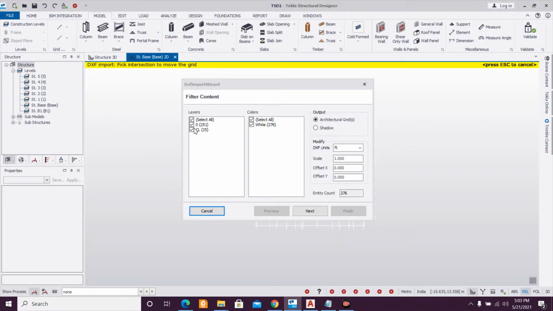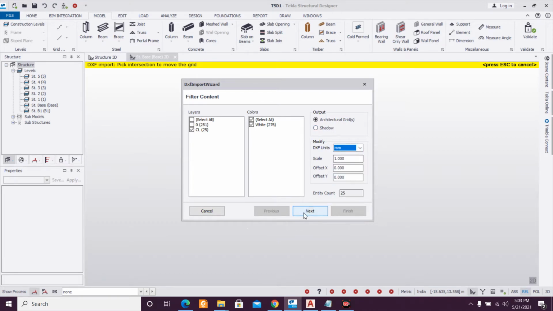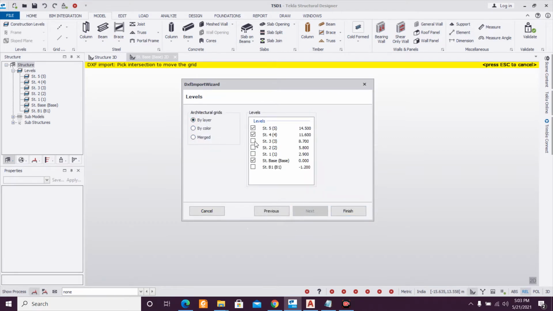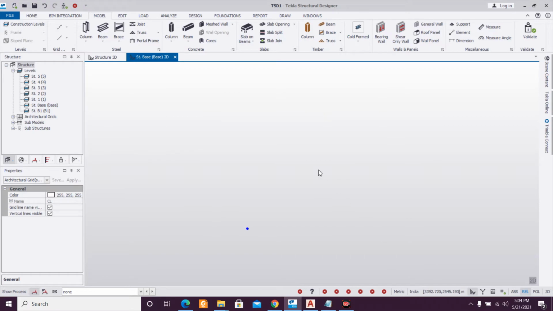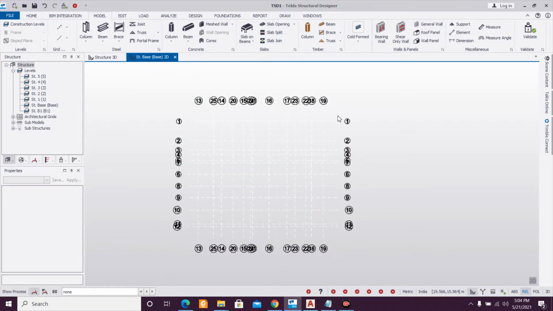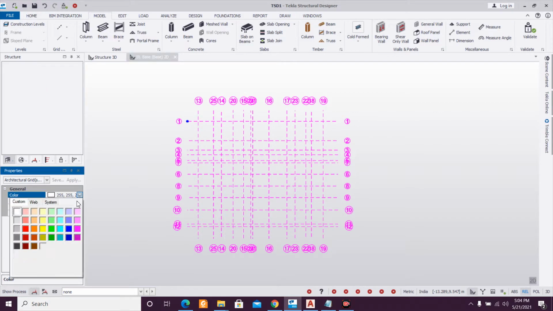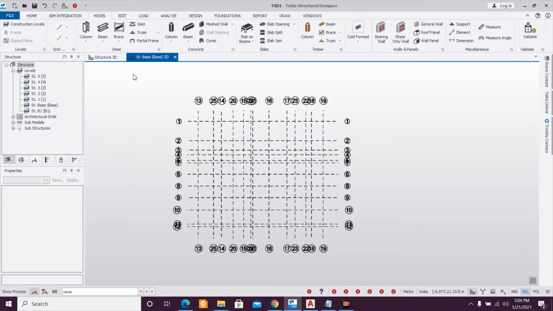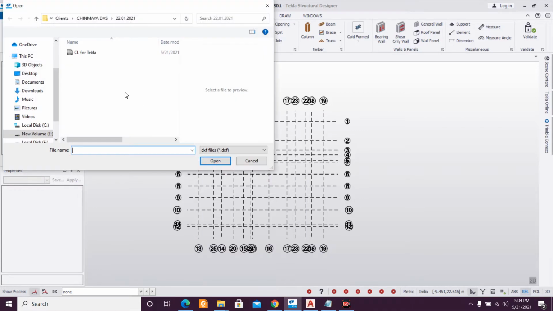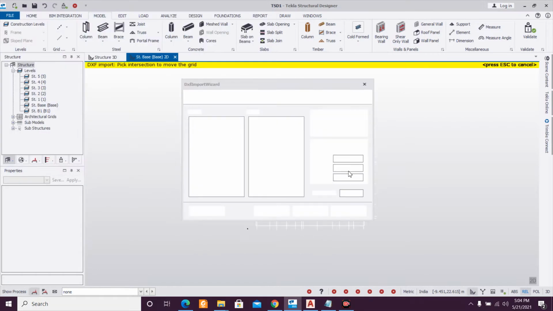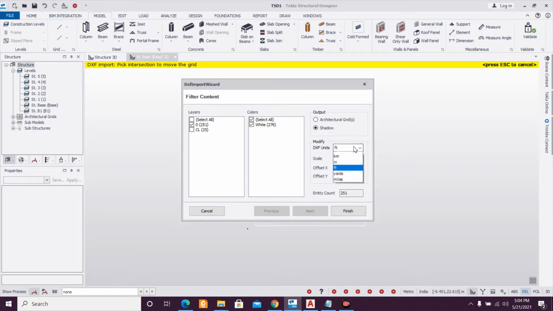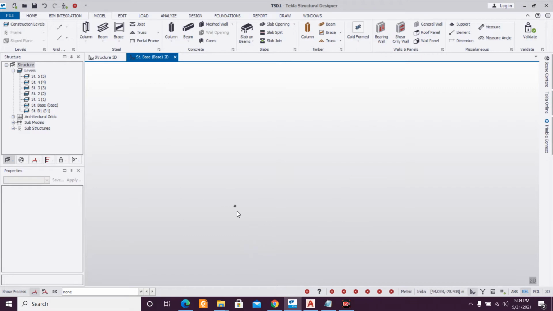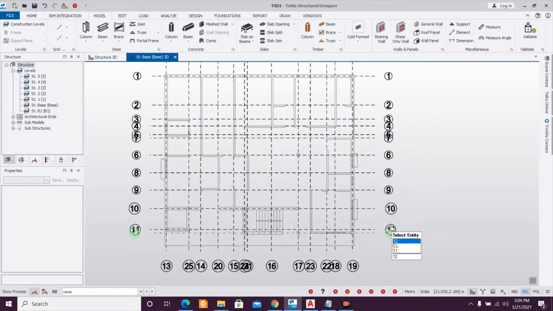Okay, open, and center line, unit mm, and click on next. Click on bilayer and select all the layers here, and after that just click on finish. After clicking on finish, as you can see here, you can zoom in, and after that select this and make the color black. Then we'll select this, import DXF, center line for Tekla, open, and after that just untick the center line shadow and again mm, and then finish. As you can see, this is the center line which has been imported.